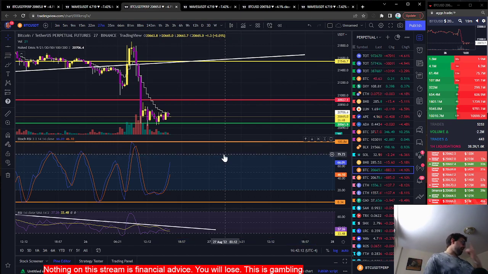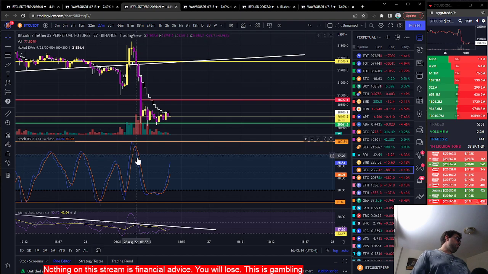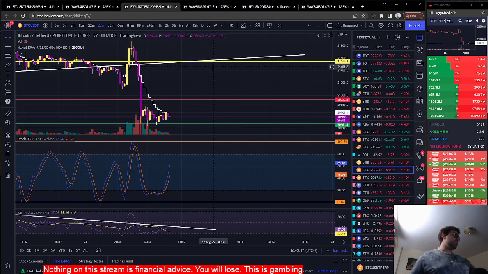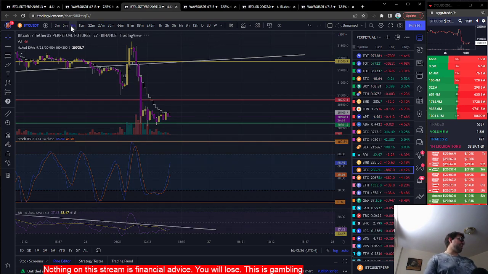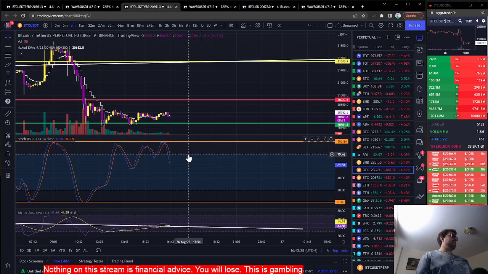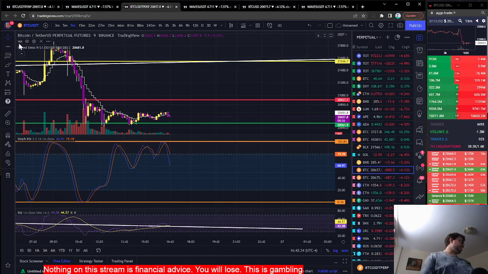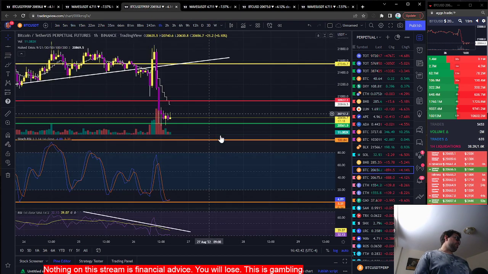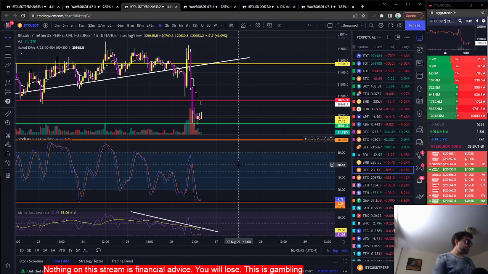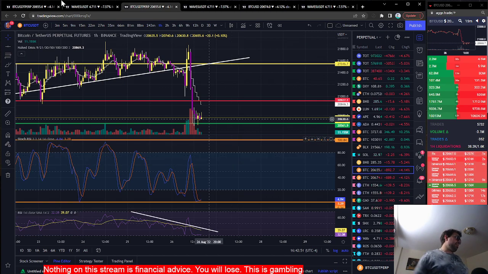So that's just the basics of Stochastic RSI here. What you do really want to look for, when you're just starting using this off, you want to be using it on higher time frames. On lower time frames, you have to get that viewing experience to understand how the Stochastic RSI really moves. So if you're really just starting off, I would recommend 1 hour and above, just because that's a little bit better for understanding and being able to get a better read, because on the lower time frames you